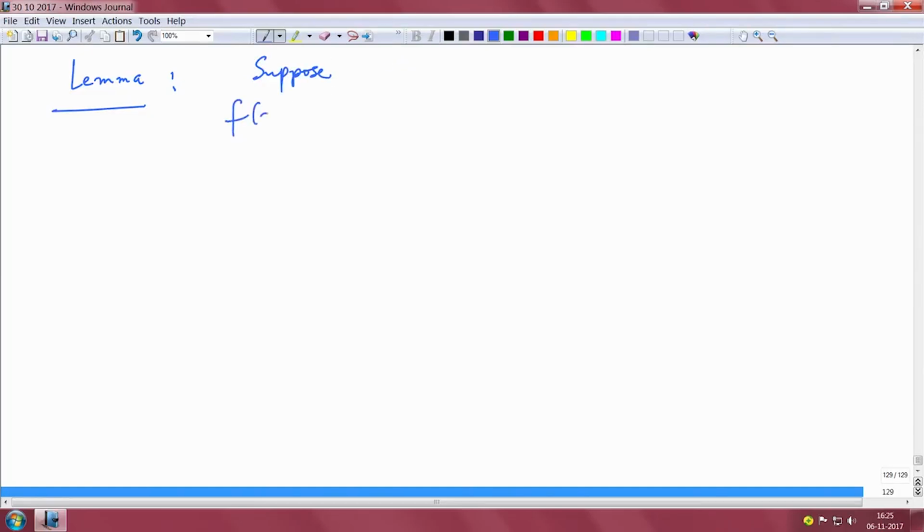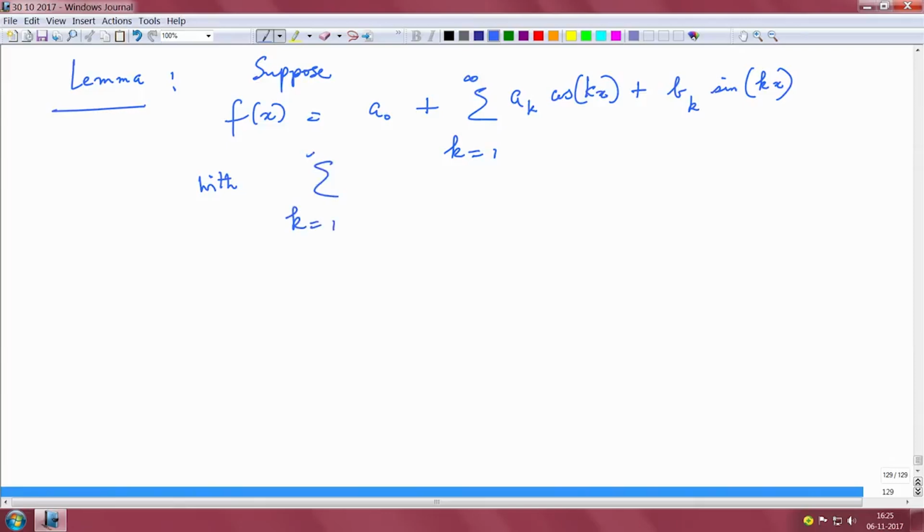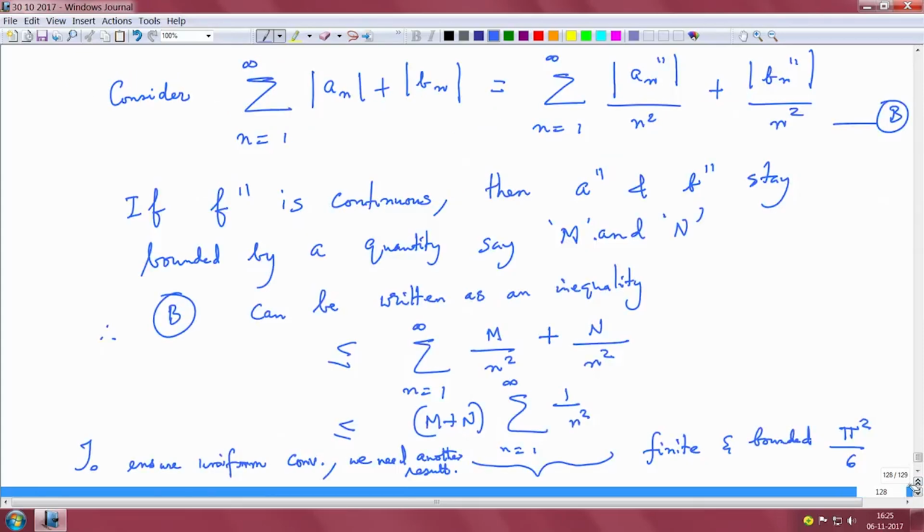Suppose f of x is a naught plus summation k equals 1 to infinity a suffix k cos k x plus b suffix k sin k x, with the sum over k equals 1 to infinity of absolute value of a k plus absolute value of b k being strictly less than infinity. See, this condition is being satisfied in the previous result, right. We took the absolute value of the coefficients and that is finite. If this result is true,